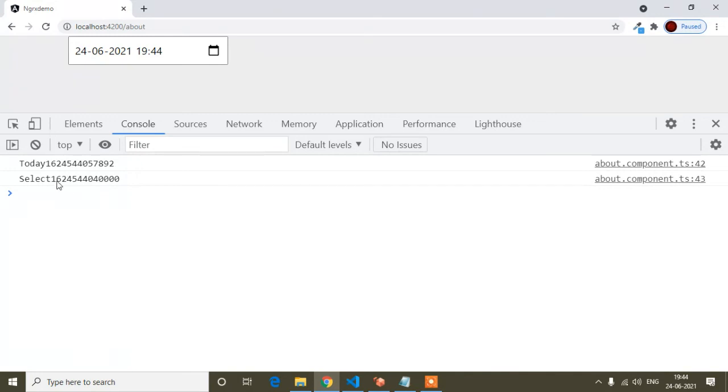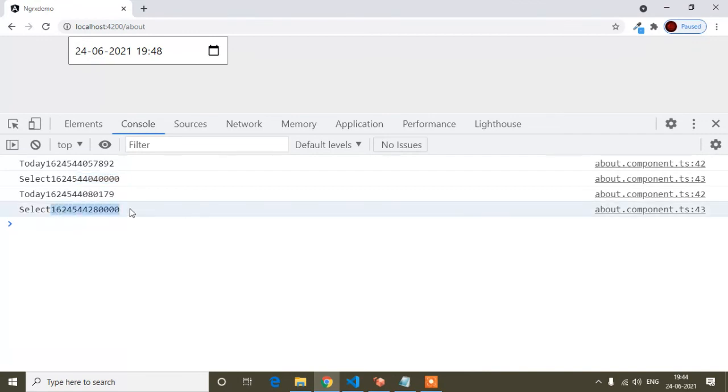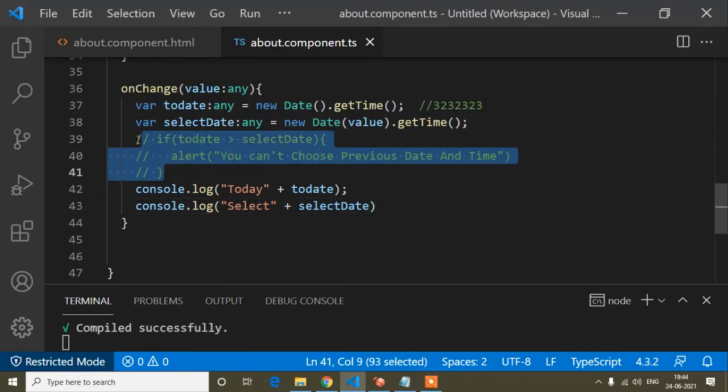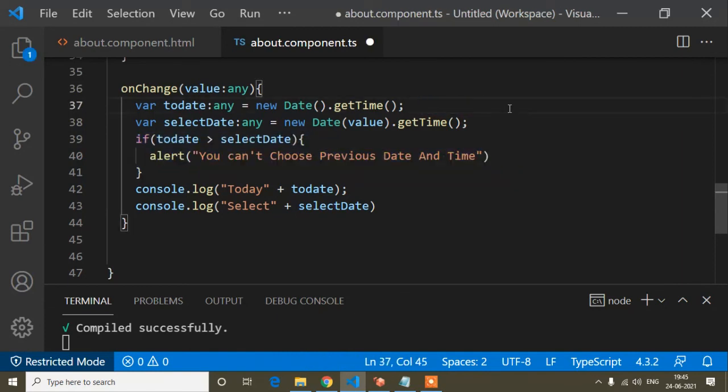So you will find the select date is bigger here, and today's date is now smaller. That means the user had chosen the future date, and it will be easy to compare here. I mean, in the if condition it will be easy, but if it came as a string format, it would not be easy to compare.